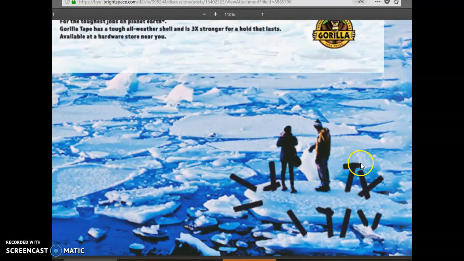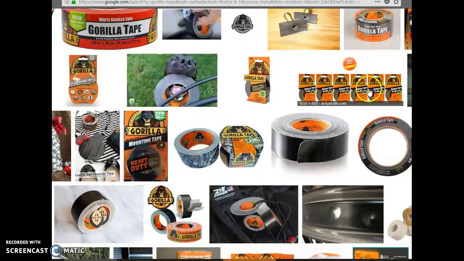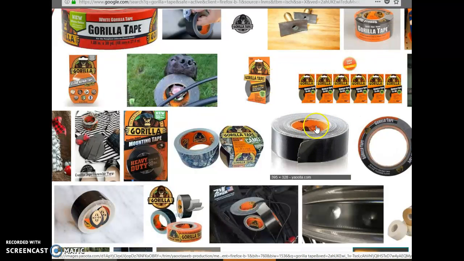So the main thing I wanted to talk to you about is the actual Gorilla Tape. Right now this is looking like brush strokes that have been put on the page, or maybe a super thick Sharpie. It doesn't actually look like Gorilla Tape as much as I would love it to. So I was trying to think about what would make a difference between brush strokes like a thick marker and Gorilla Tape. And most of the Gorilla Tape